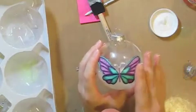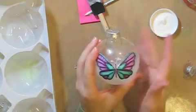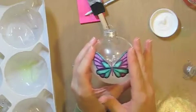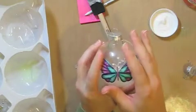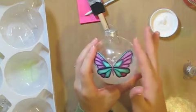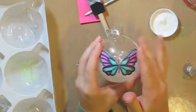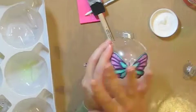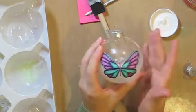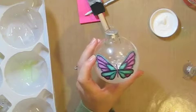And if you're working with a big image that seems impossible to conform to the shape of your ornament, it isn't. You don't even need to cut it really. Just give it time and keep holding it down and pushing it down, and the paper will eventually start to soften a little bit because of the glue, and you'll be able to get it to shape really nicely to the ornament. So that's it, just two more little tips that I thought of after I had already talked to you,